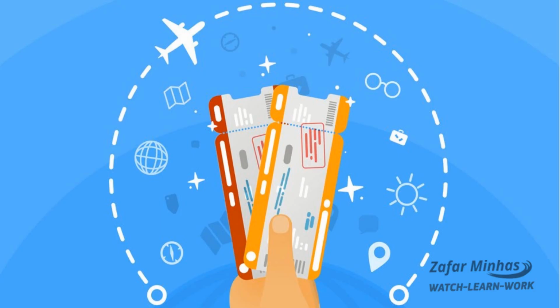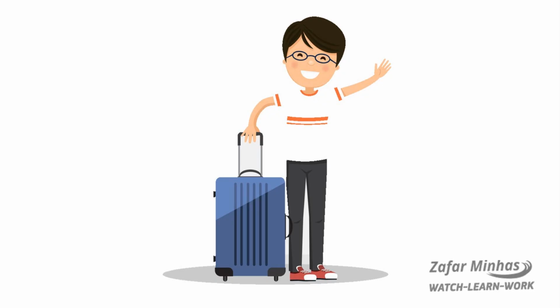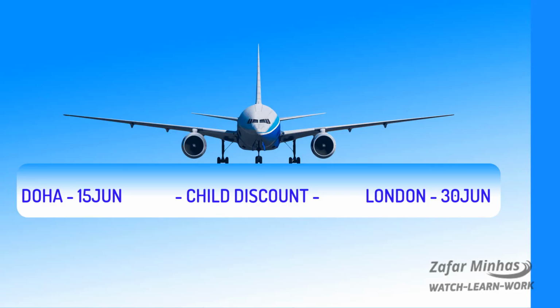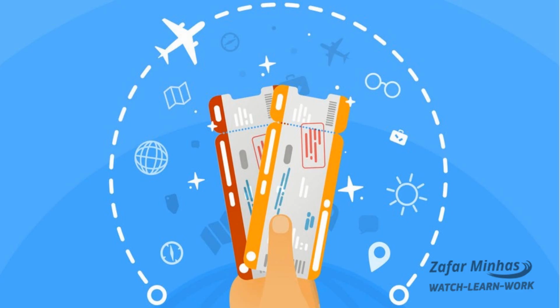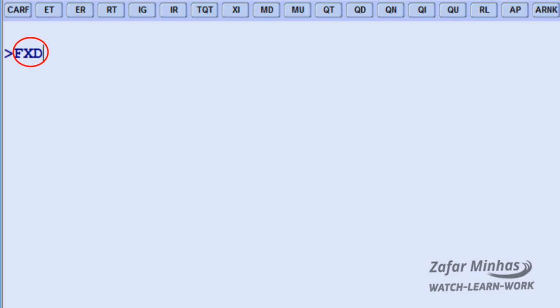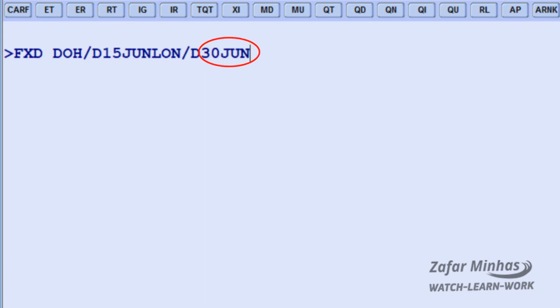For example, search available fares and flight recommendation for child passenger traveling from Doha city to London city, departing on 15 June and return on 30th June. To search available flights and fare recommendation, enter FXC transaction plus DOH Doha origin city 3-letter code /D date identifier plus 15 June departure date plus LON London arrival city 3-letters code /D date identifier plus 30th June return date